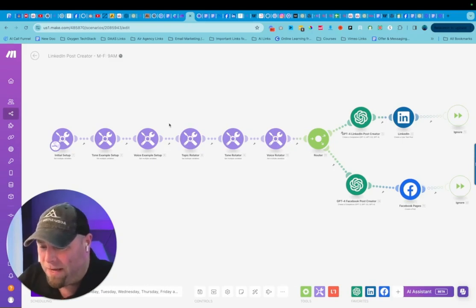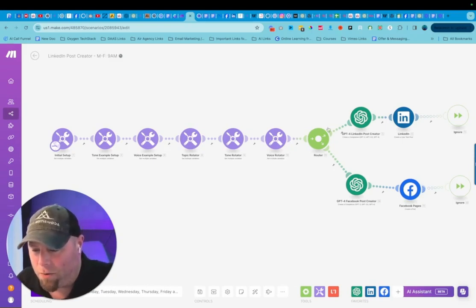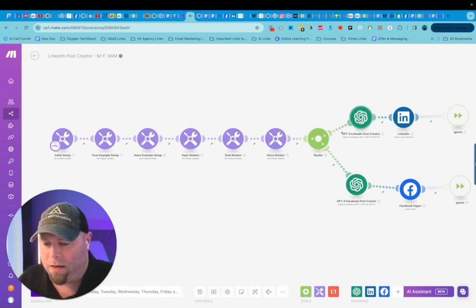After you have these guys put in there, then I've got a router here, which is basically because I don't want to have the exact same content in both places. So I have it come over here. This little guy here is what basically gives ChatGPT its role and its persona. So it's basically, hey, you're going to be a professional LinkedIn post person. And then down here, it's you're a professional Facebook post person. And then obviously they're a little more complex than that. I think I've got some stuff in there about being a direct response marketer, and I got a lot of other contextual stuff in there too. So that's where the magic happens. That's the sauce that actually gives you the output.